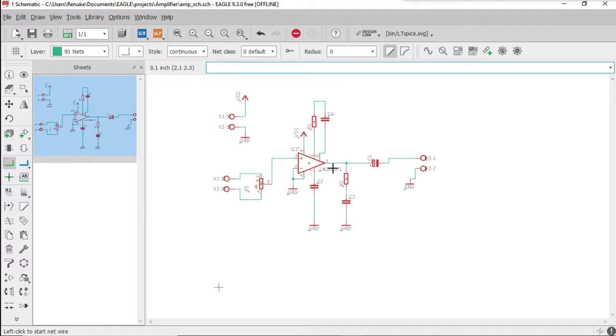And connect your filter circuit at the output. Resistor is connected to the pin 5, that is on the wire itself, and other end of resistor is connected to capacitor, and capacitor is grounded. And pin 7 is connected to capacitor, and other end is grounded here. Just make sure that you have connected a polarized capacitor at the output terminal only.